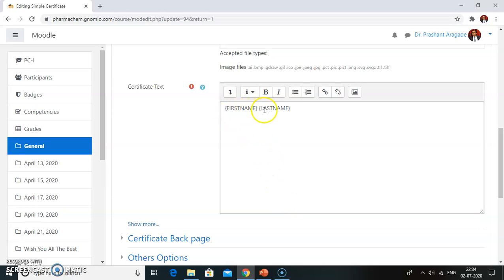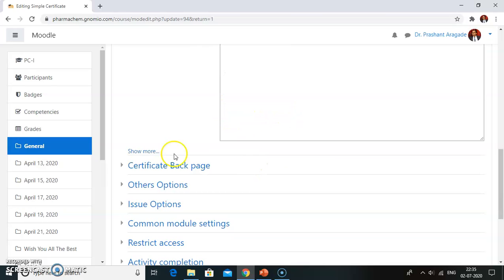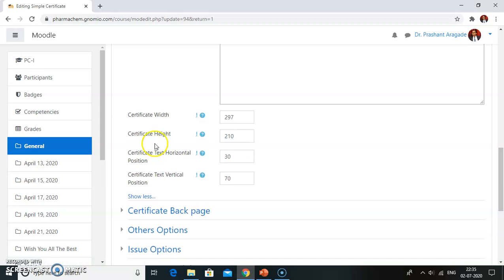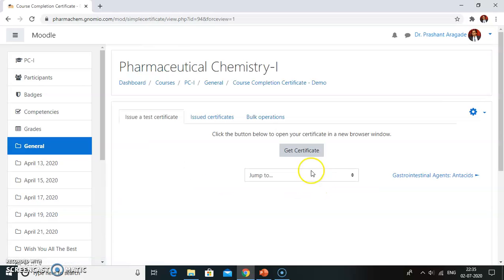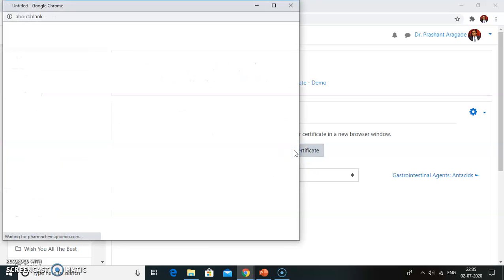Already I have added a first name and last name for demo purposes, along with the proper settings for the certificate text horizontal position and certificate text vertical position. So just click on save and display and then click on get certificate.